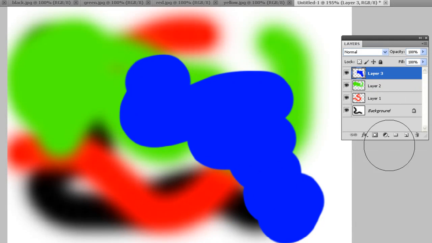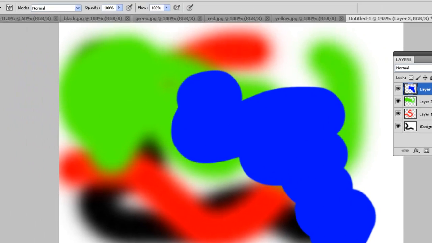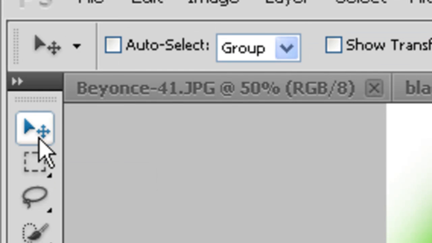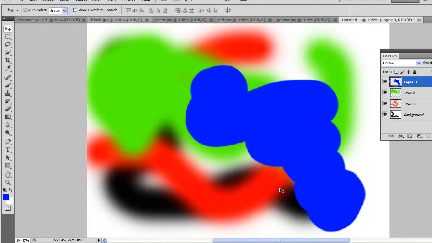What we can do now with layers is we can grab the move tool, which is the very top tool in the toolbar, and we want to always make sure that auto select is checked. It must always be checked. Now when it's checked, I can click on the red, and I notice that when I click on the red in the image, it's also selected in the layers palette,